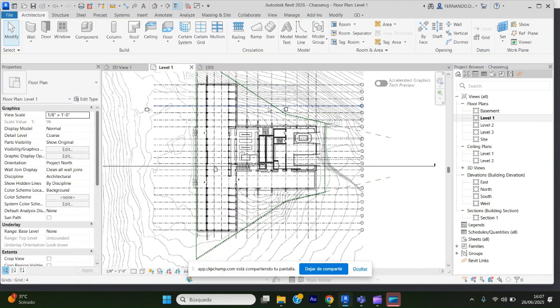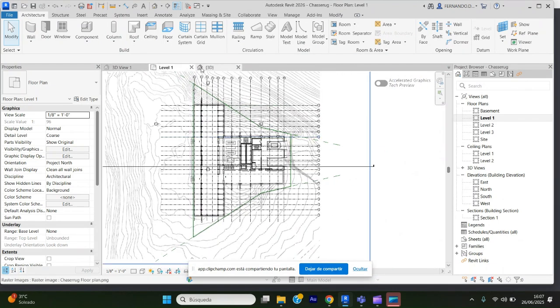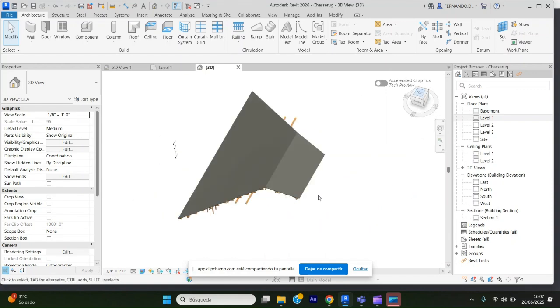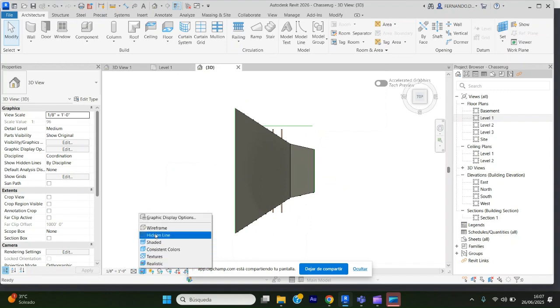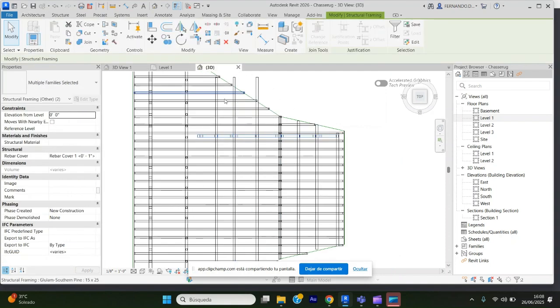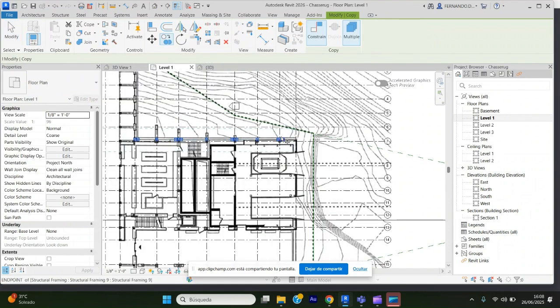So I'm going to copy the truss here, and I'm going to move it to